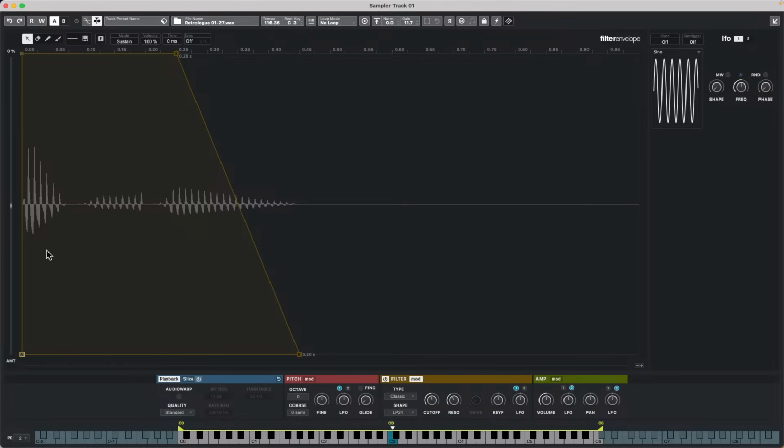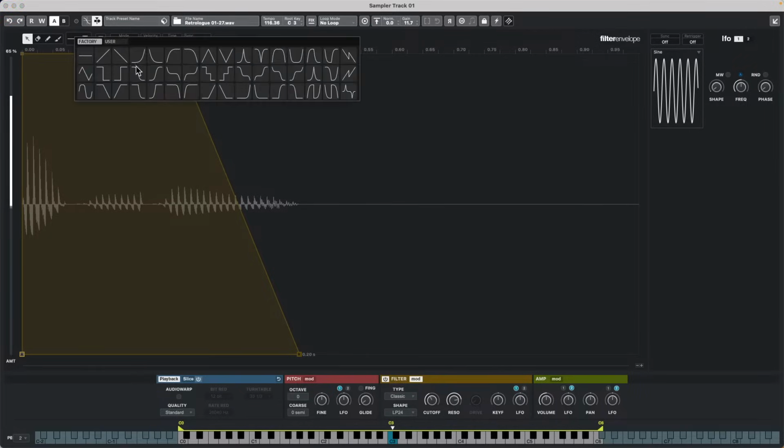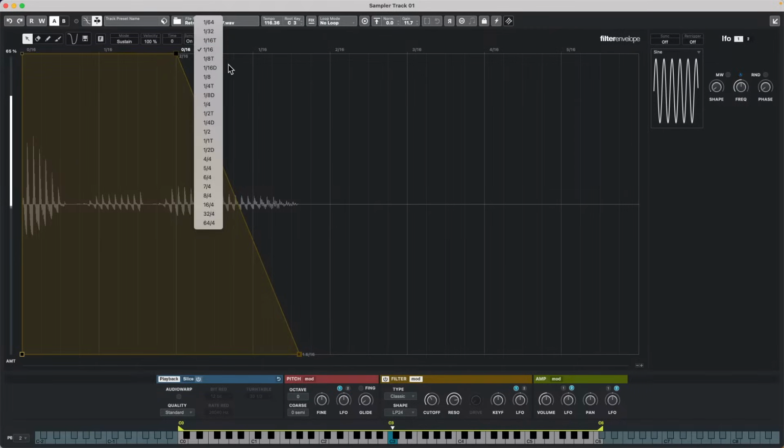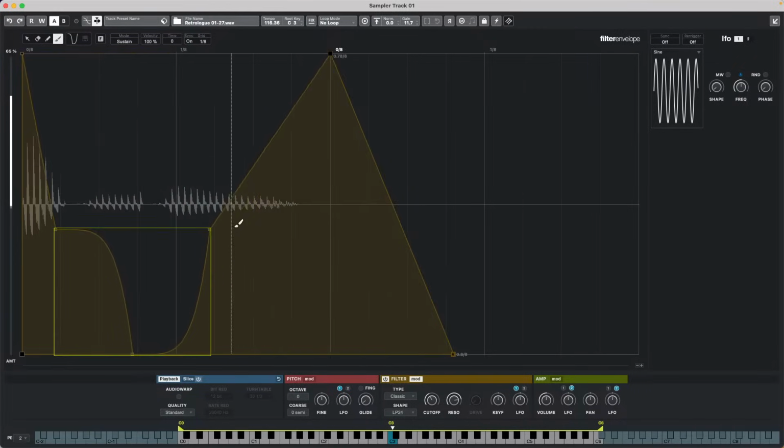So let's go ahead and open up the modulation so we can see this line here. And let's draw in some envelopes here for the filter. Again, let's make it sync to our tempo, and let's say I want this to be synced to eighth notes. And now as we paint in,